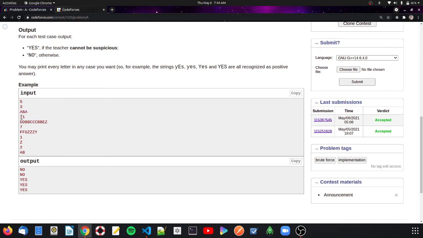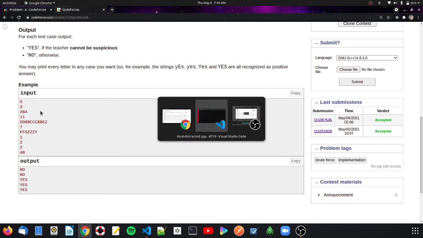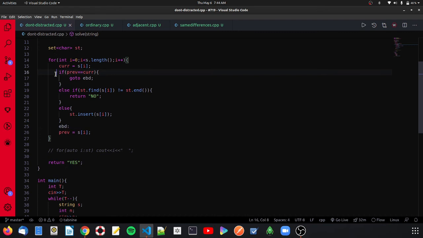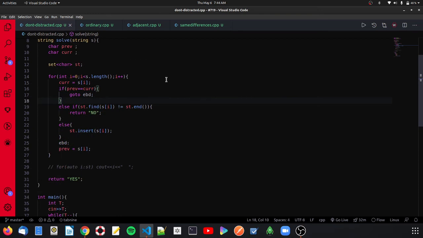There are chances for the A to be multiple, but they have to be in a continuous manner. The continuous manner condition is being checked here. If they are in a continuous manner, this condition is going to be satisfied until the end of the continuous run, right? So this is how it works.